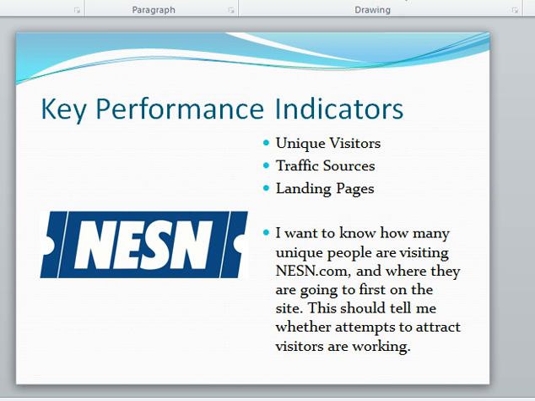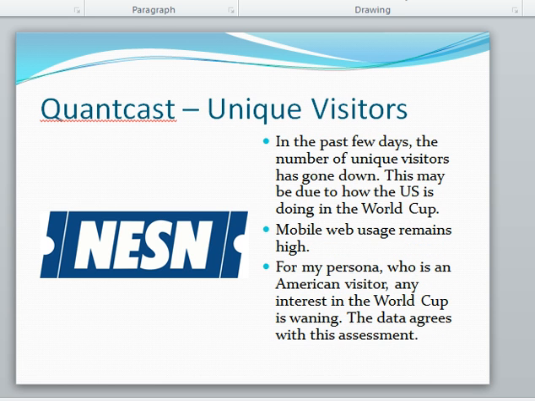Looking at NESN's key performance indicators, I'm looking at unique visitors, traffic sources, and landing pages, and this is because I want to know how many unique people are visiting NESN.com and where they're going first on the site, because this is in an effort to determine whether attempts to attract visitors are working. That's my goal here. When I look at Quantcast, they've got a